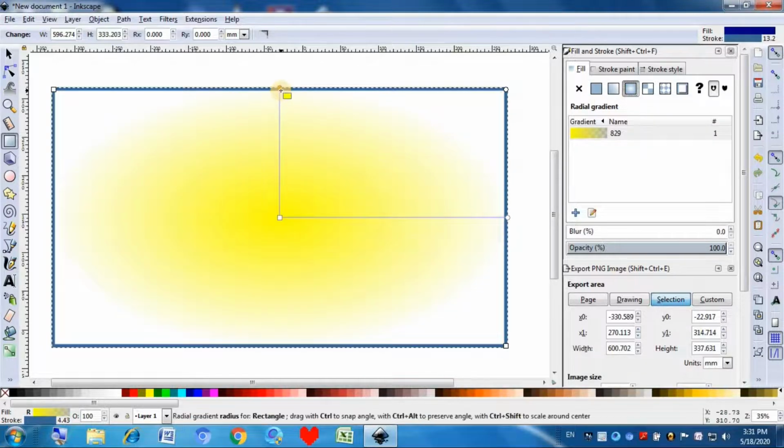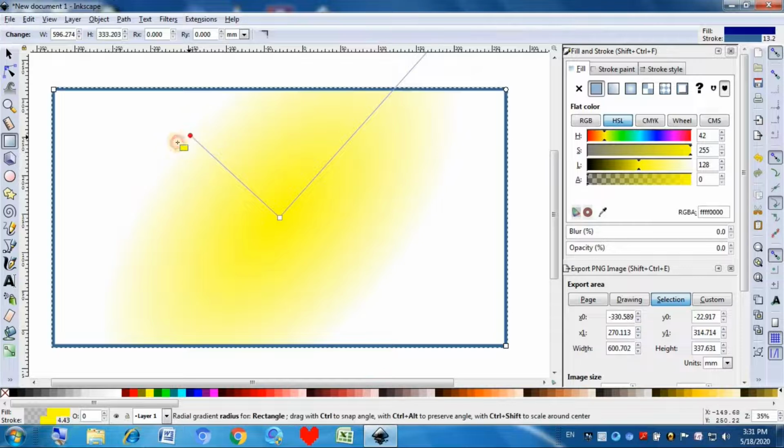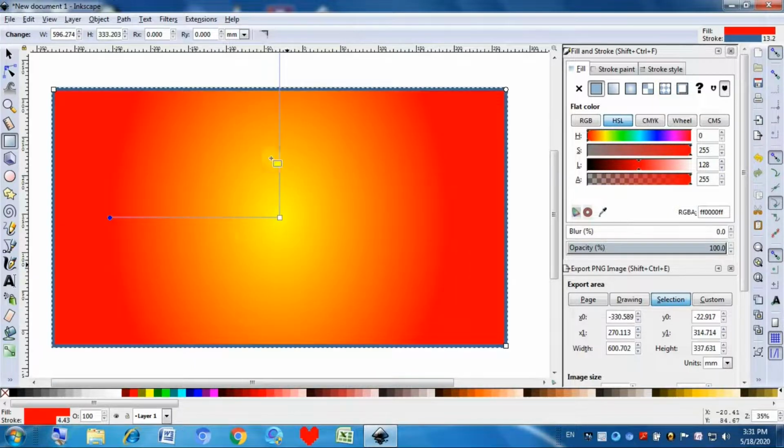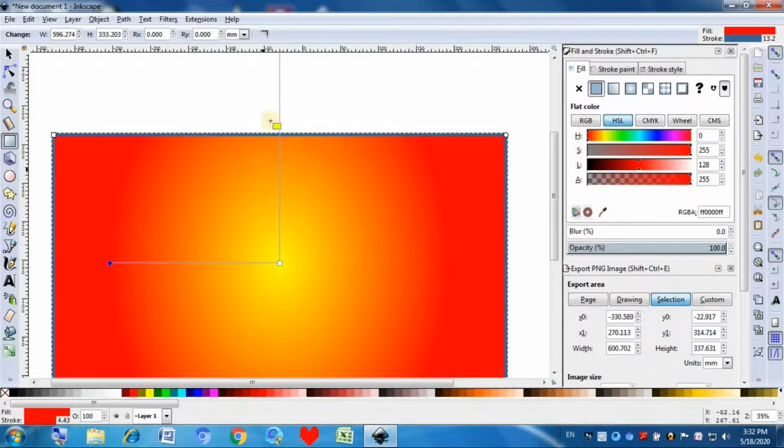The radial gradient is much harder to think about and use than we think, because there are a bunch of things to do here. So now I will give a color over here, red. This part will be yellow and this part would be red. So this radial gradient looks like a sun, right?